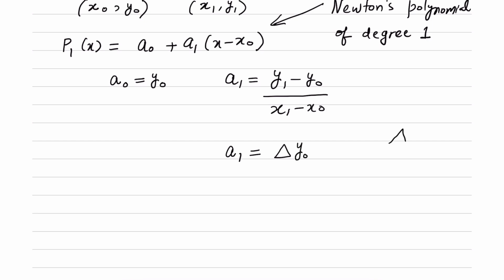Remember, the forward operator jumps to the very next value and then calculates the difference with itself. So forward y0 is the very next y value, y1, minus itself, y0. So here we have written y1 minus y0 as del y0, divided by,